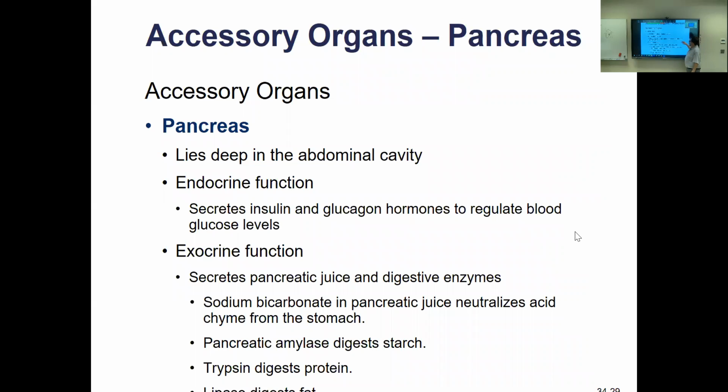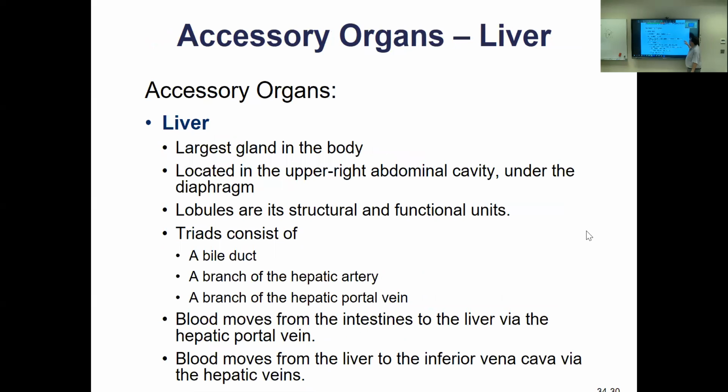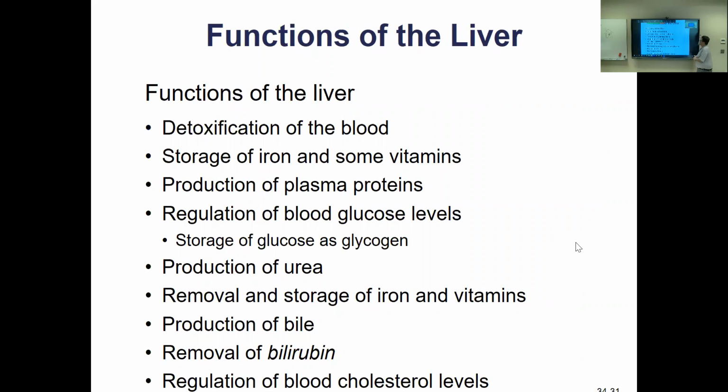All it does, with all these endocrine functions, insulin, glucagon, and exocrine function, these juices for digestion and bicarbonate to neutralize the stomach acid, the pH of the chyme coming into the small intestine. Liver, whoa, man, multifunctions, right? Huge organ here, stores food, detoxifies drugs, goes on and on. Here we go. Here's the detoxification of blood. All the blood leaving the guts from the small and large intestines goes directly to the liver via what's called the hepatic portal vein. And we get detoxified drugs.